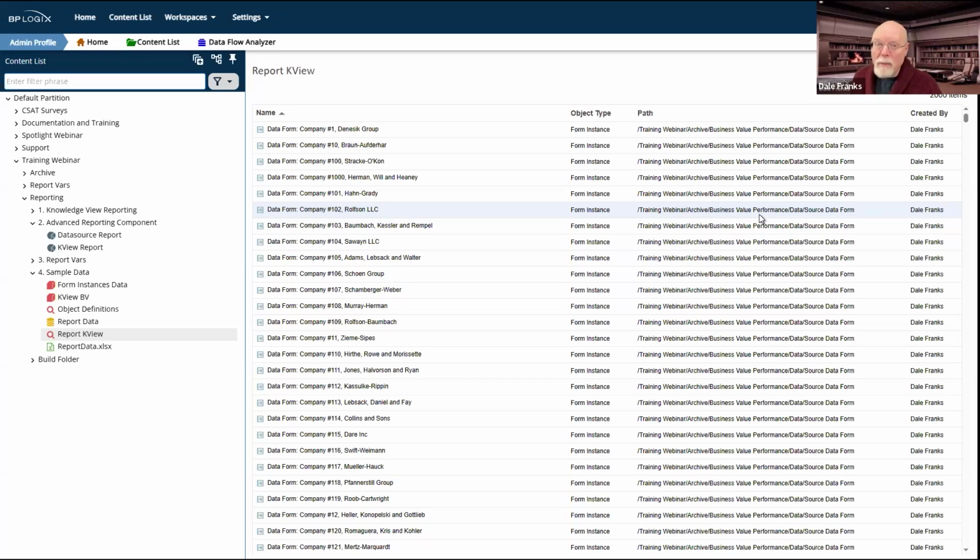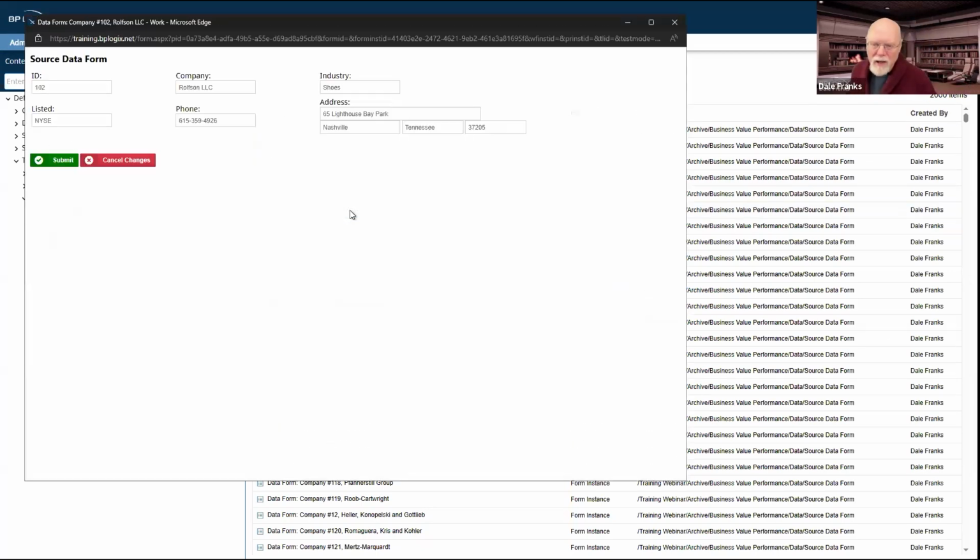For most reporting purposes, that's great because that's what I want to see. Most of the time, I want to show a knowledge view that has a link to a form so that when a user clicks on it, it opens up the appropriate form. I might want to set my knowledge view so that if there is a task, there are none for any of these because they're already completed. But if there were a task, I might have my knowledge view set it to open it up in task context as if I was opening it up from a task list. And then I could complete my task without having to actually go to my task list to find the task.